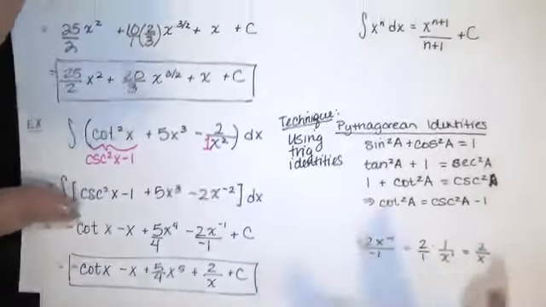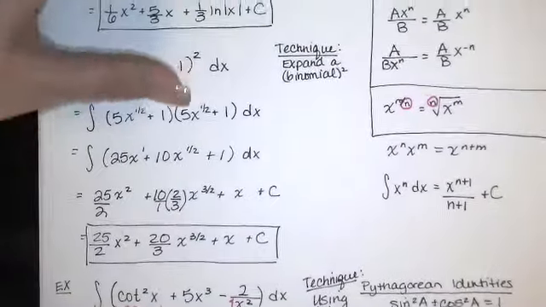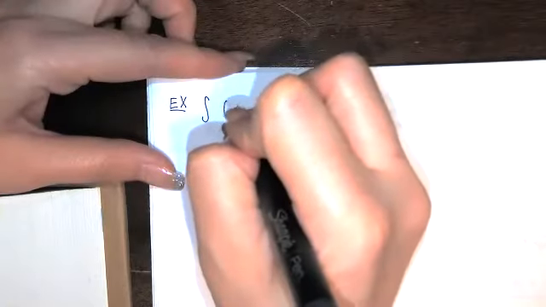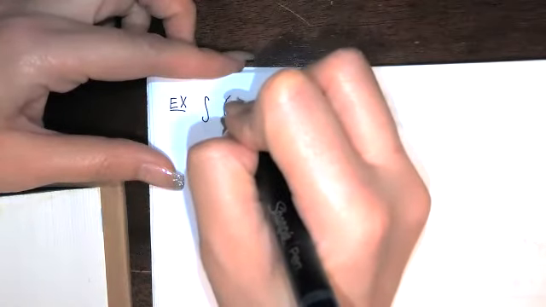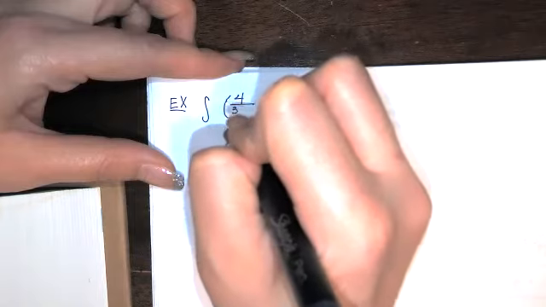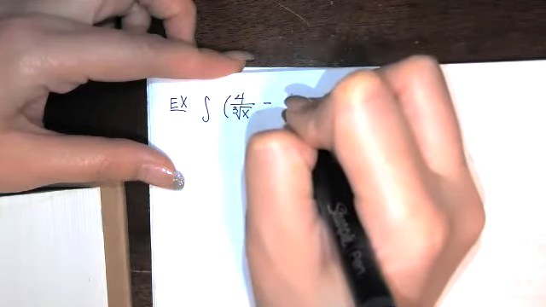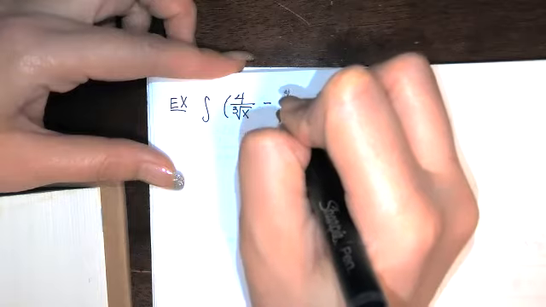That's that antiderivative. All right, now let's look at another one. If you've got, let's say, 4 over the cube root of x minus, let's say, the 4th root of x